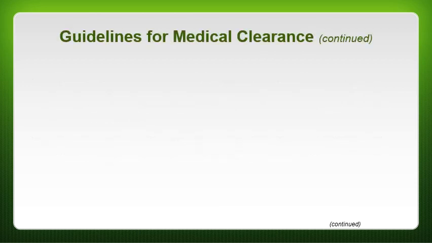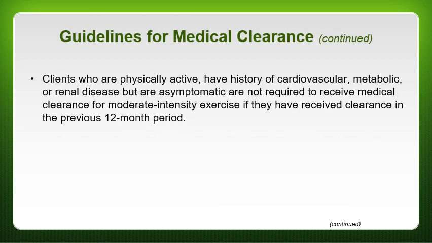So further looking at guidelines for medical clearance, clients who are physically active, have a history of cardiovascular, metabolic, or renal disease, so cardiac, peripheral vascular disease, cerebrovascular disease. Metabolic disease would include type 1, type 2 diabetes, and any type of renal disease, so any type of disorders affecting the kidneys. But are asymptomatic are not required to receive medical clearance for moderate intensity exercise if they have received clearance in